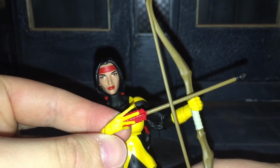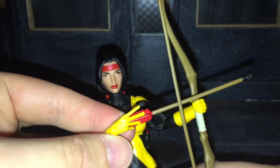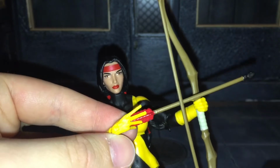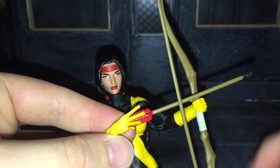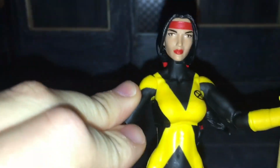Again, it's just kind of one of those things you really have to pose it and have the patience with it. And you can actually get her holding it and the bow together. But it's definitely a balancing act when you do that. So I do like to leave the hand for Karma on Dani Moonstar. So taking a look at the body...